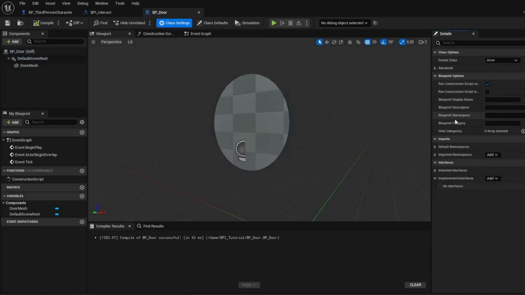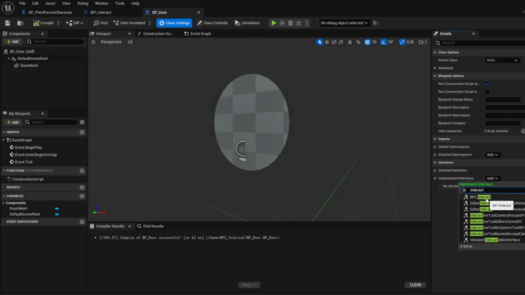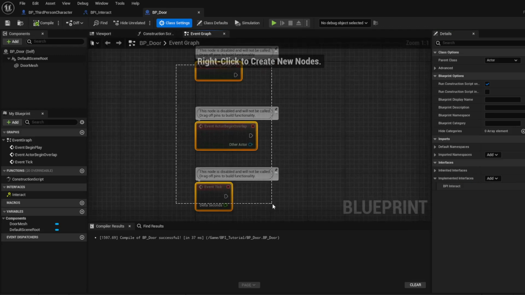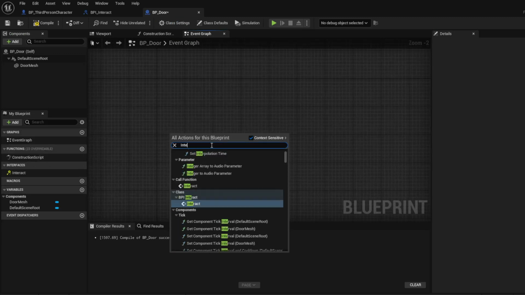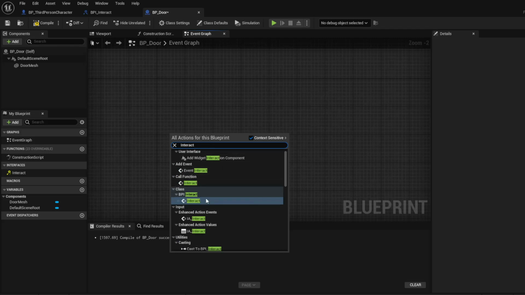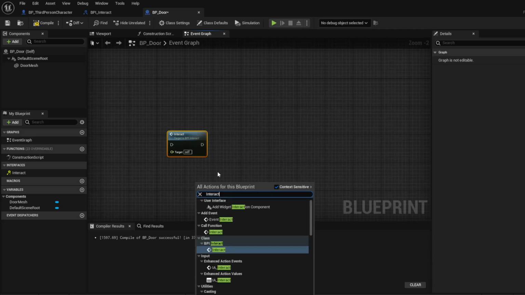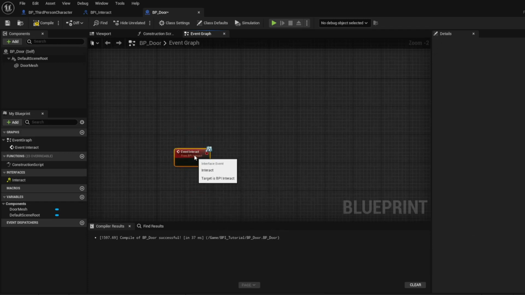Now we'll go to the class settings. We're going to need to add that same BPI underscore interact here. Event graph. We're going to just delete all of these. For the interaction to work, we don't really need those. You may need those for other information, but we won't. Go ahead and search and pull up the interact event. I just pulled up the wrong one on accident. We'll just delete that first one. Okay. So event interact, and then off of that,